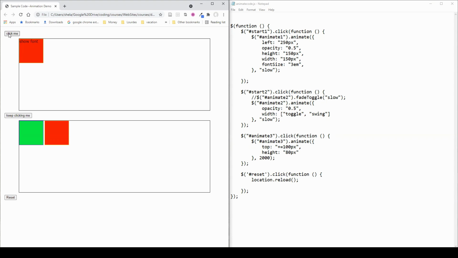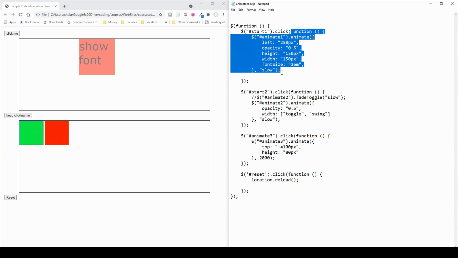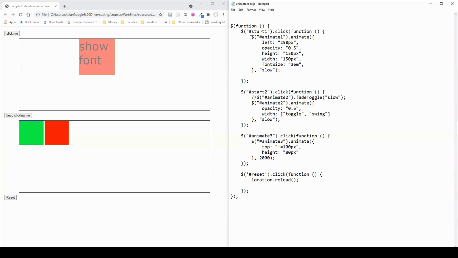So in the first case, and that's the one that does this, okay, that's right here. It's just basically looking, and again, this is our document ready function. Remember, this is that continuously active structure. So it's just looking for a click to happen on the button called Start One, and that's this button. And then once that happens, it's going to launch this function. And this is one of those anonymous functions that we just calculate and execute right away as it's created. And it's basically just targeting the element animate 1, and that is this red box,